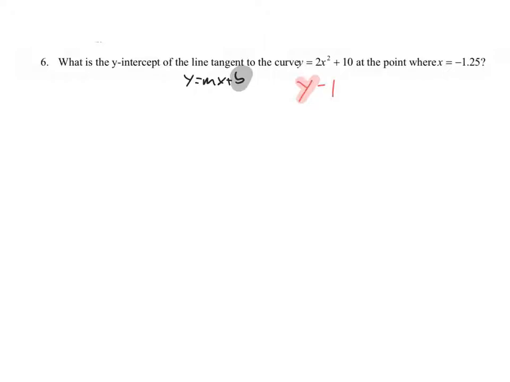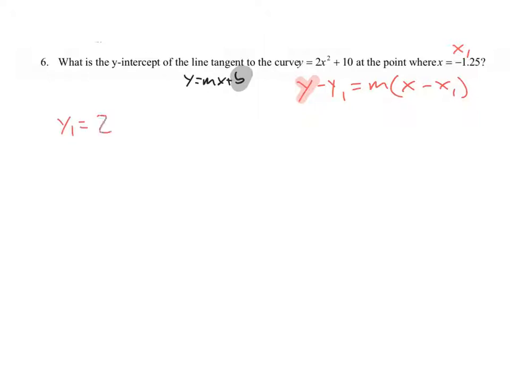point slope form, which looks like this. And this is my x1, so I got to find my y1. So to find my y1, all I do is I take my x1 and I plug it into this equation. So y1